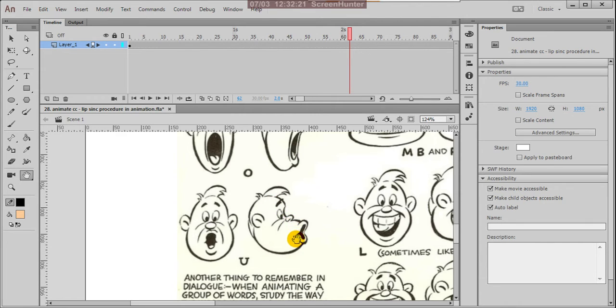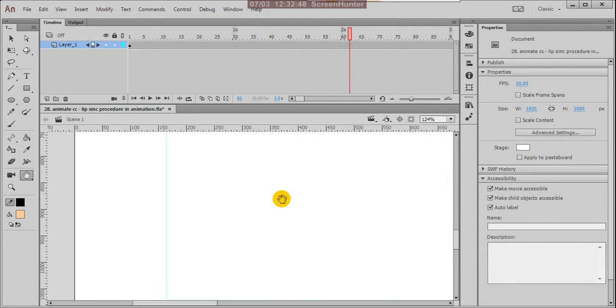Suppose this is your mouth, the shape is here, and this much it is coming forward. In realistic drawing you cannot feel that much, but if you touch your mouth and say it, it is coming a bit forward. Because this is cartoon animation, you have to exaggerate more. That is very important.